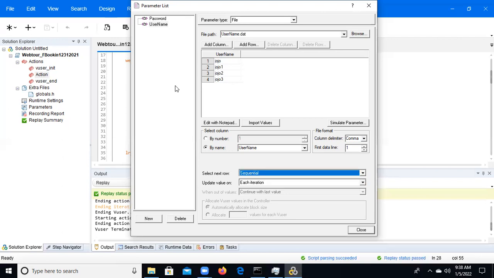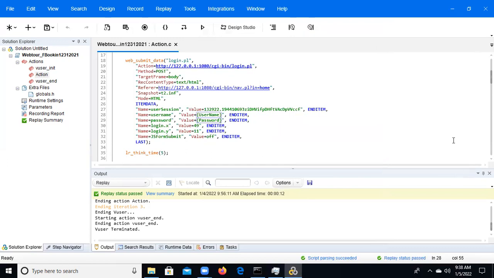Okay. So this is one thing. Then now we have the types. In the type, one more is date and time. Using date and time parameterization, we can pick the current date, future date, or past date, in the required format. Current date means we need to pick the current date.